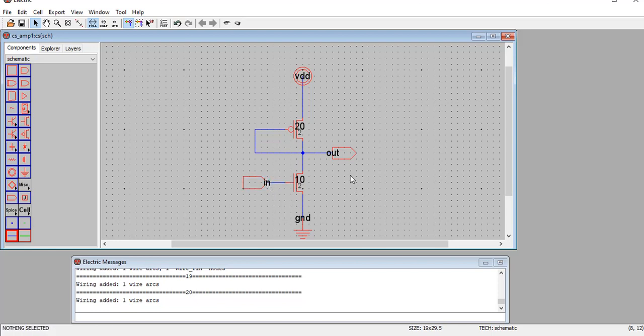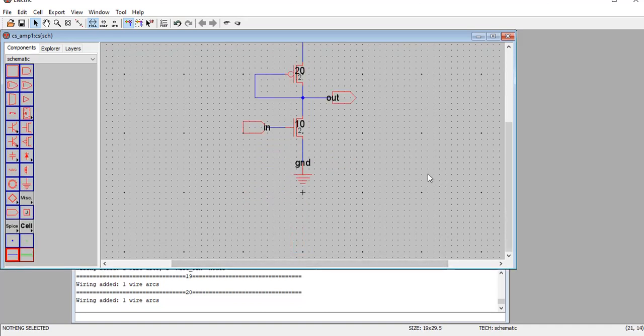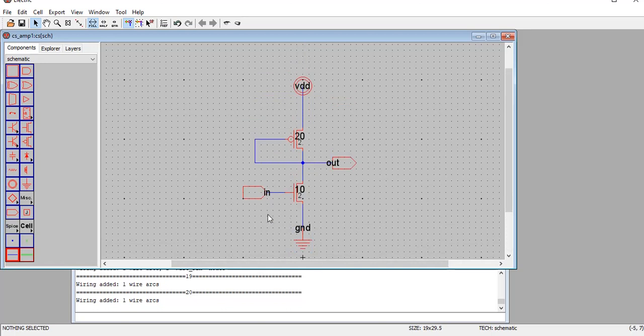Now why do we call this a common source amplifier? One thing we should remember here: when we draw an amplifier circuit, now this is my amplifier circuit, it will have two components. One will be the amplifier itself, and the other will be the load.